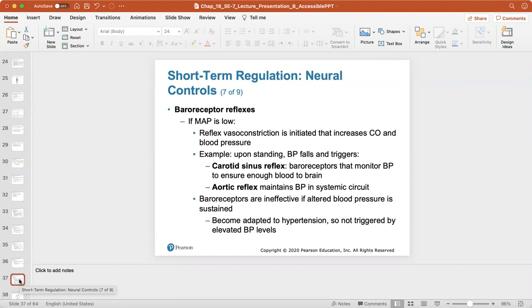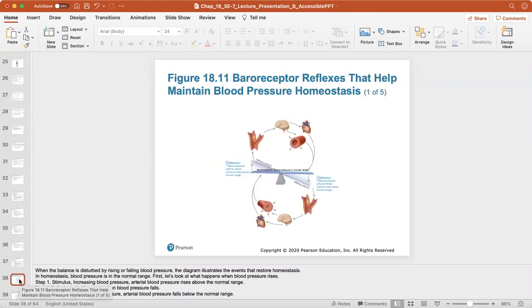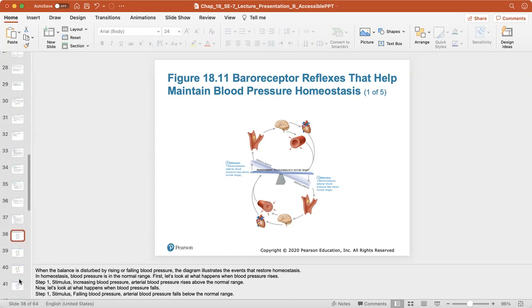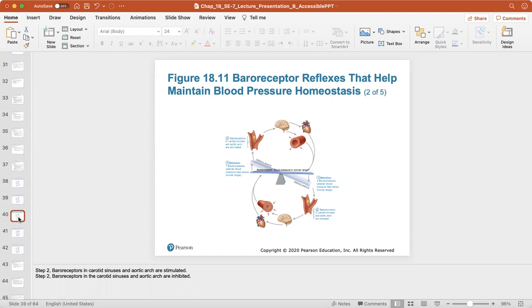So for example, if it becomes adapted to high blood pressure or hypertension, it's not triggered by elevated blood pressure levels. So this is just a good baroreceptor reflex showing the balance that helps to maintain blood pressure and the different things that occur to maintain blood pressure. And you can read through those